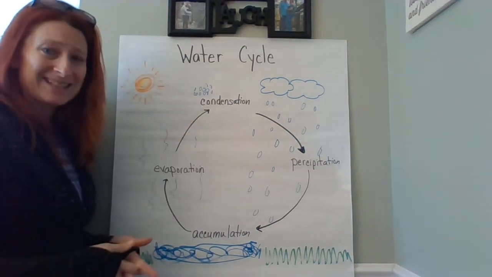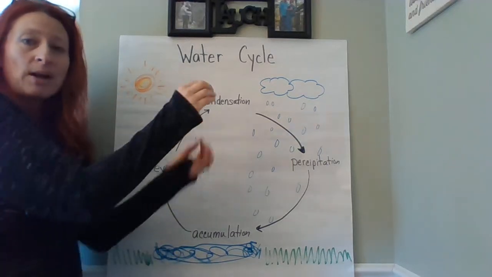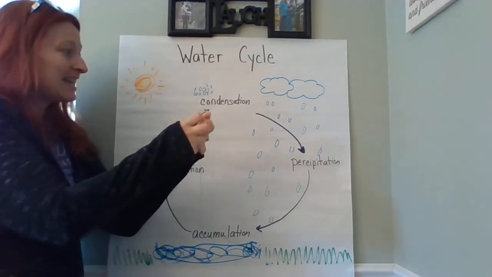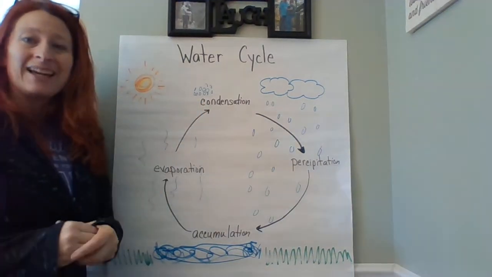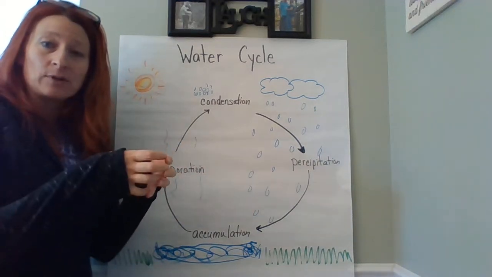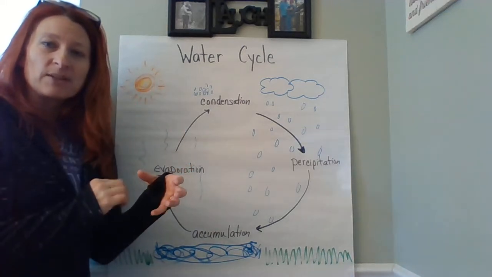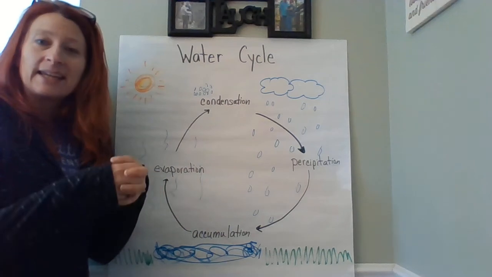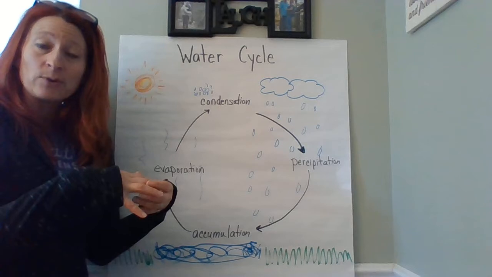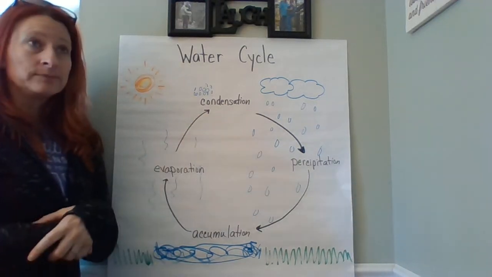You can't really see it, but it goes up into the sky, and all of a sudden those water droplets start getting together and they get nice and tight and nice and tight, and that's called condensation. And condensation is something you see a lot in the summertime on the side of your glass, and it's that wet stuff that comes out of your glass. Sometimes it just gets wet, and it's just because it's hot and the water inside is cold, or whatever you're drinking is cold. And that is called condensation. Go ahead and say condensation.